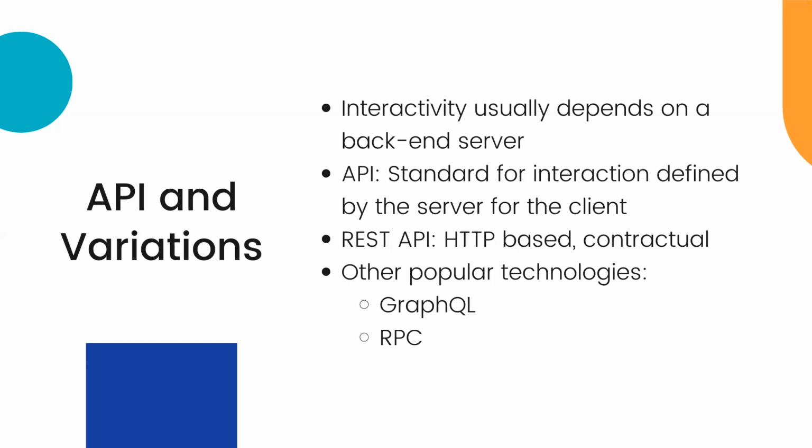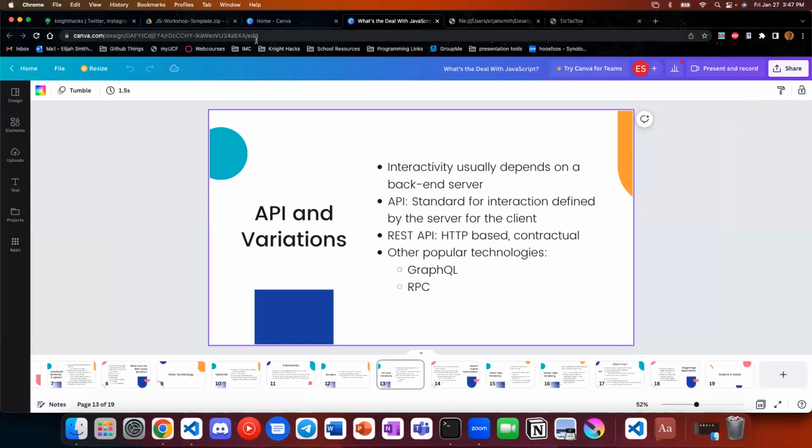And with your REST API, the developer says, I'm only going to allow you to do these specific things. It's very contractual. I'm going to tell you what you're allowed to send me, what you need to send me. And then I'm going to do my thing and I'm going to tell you what's coming back as well. And all of those are at different routes, which means, like in this URL, there is a route for /design/ some really long ID that probably represents this presentation /edit. And that route tells the server what specifically is going to happen.